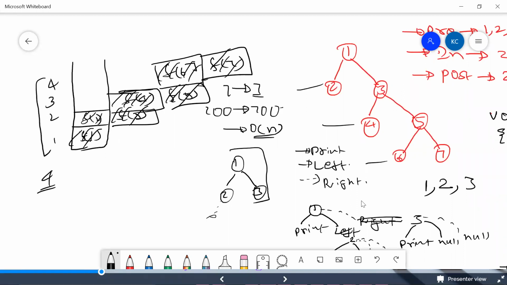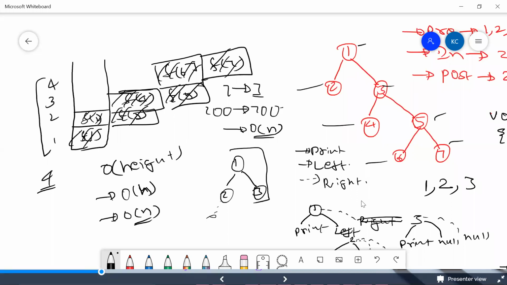Which means it is directly proportional to the height of the tree, right? 1, 2, 3, and 4. So that's why an extra space is getting created internally because of your program. So that's why your space complexity will become order of height. So I can actually say order of h, or again it is a constant, right? It increases as the input increases. So again it will become eventually order of n.